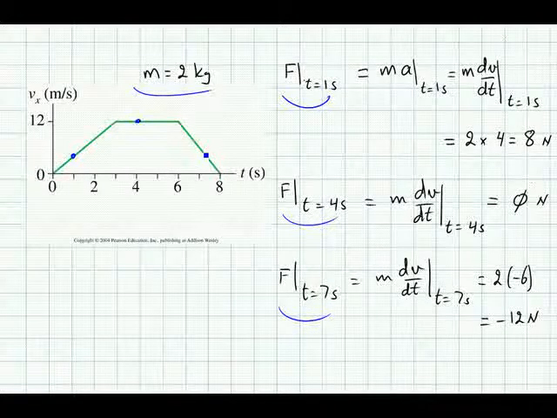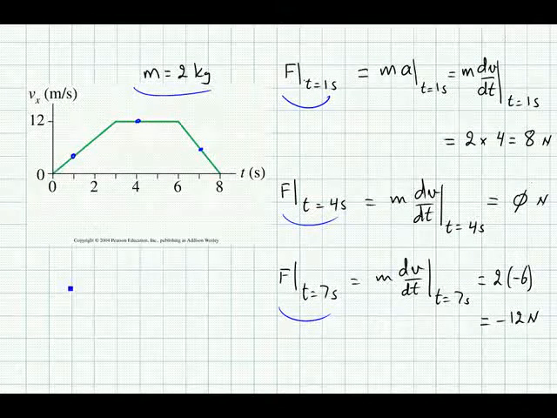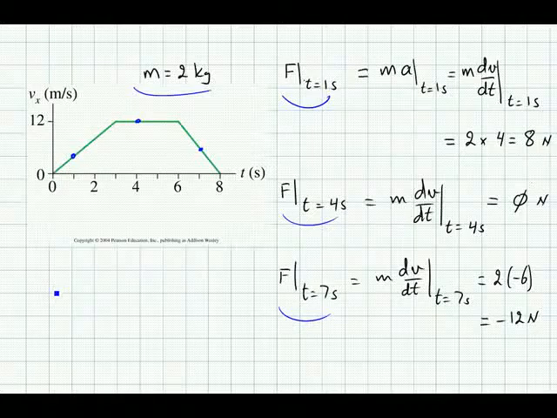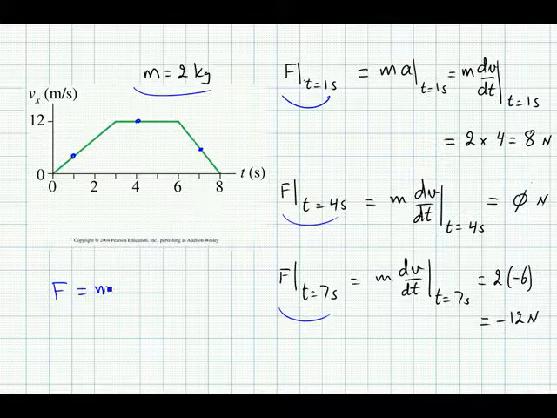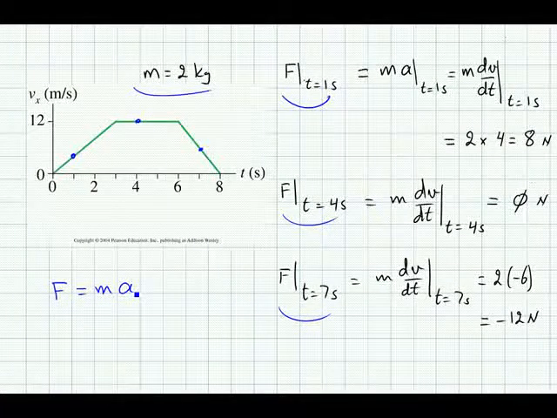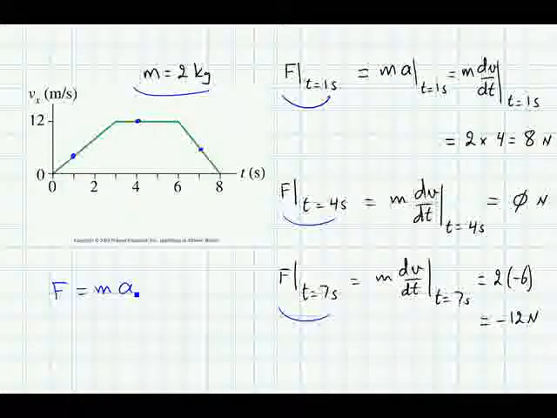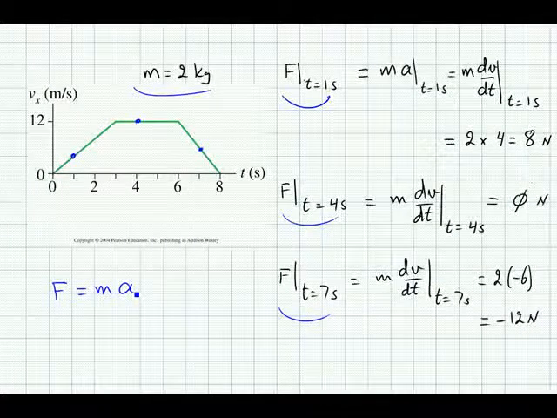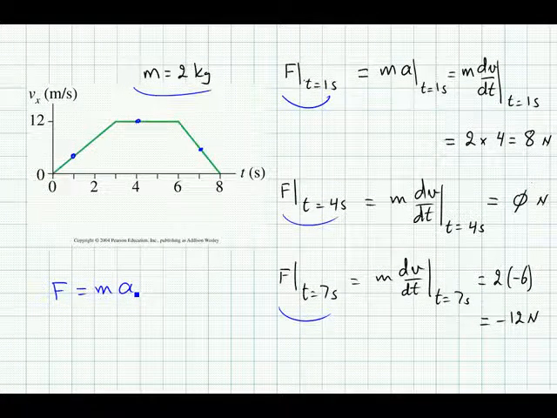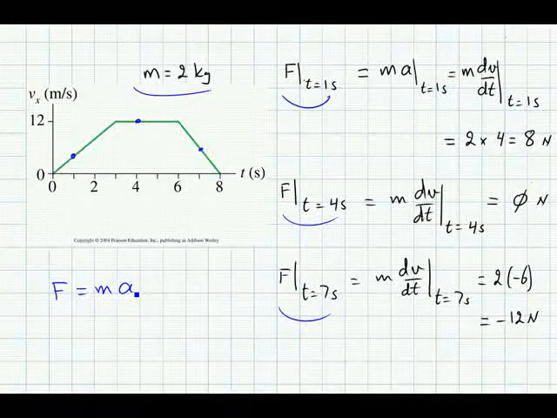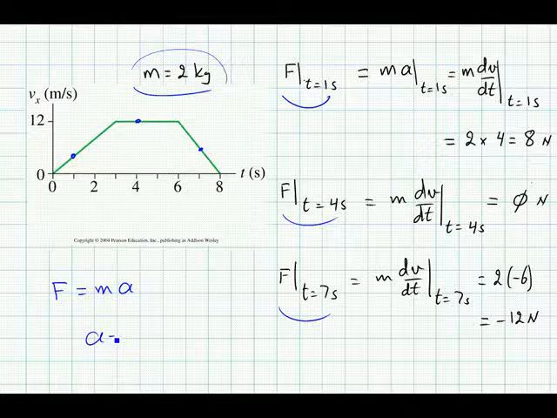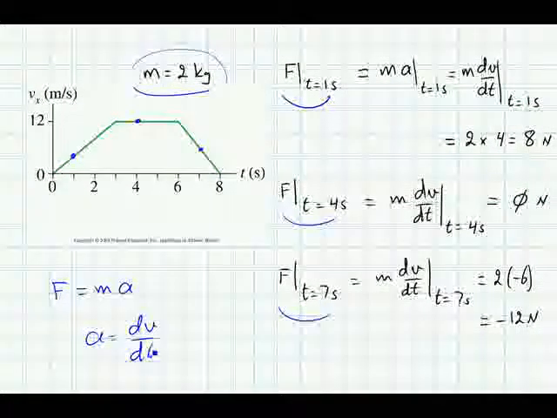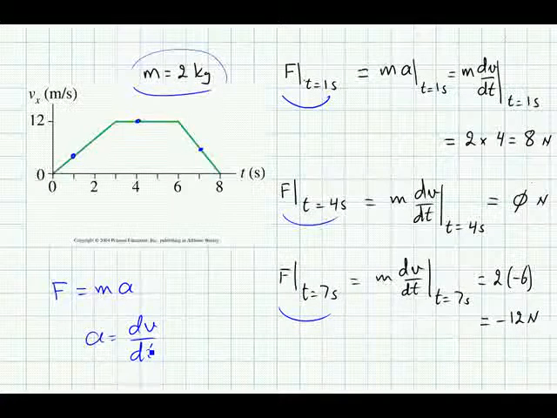Well, Newton's second law states that the force acting on an object is equal to the mass of the object times the acceleration of the object. So if only we knew the acceleration at these times, then we could figure out what the force is by multiplying it by the mass, which we're given. Well, acceleration is dv/dt, so what we need to do is figure out the slope of the line at